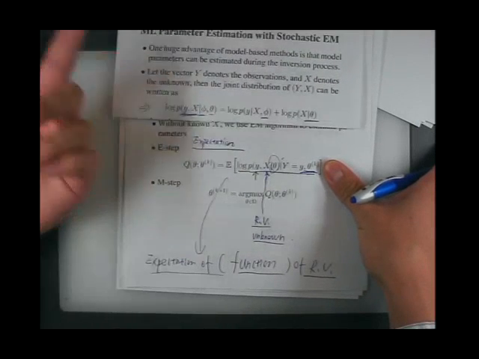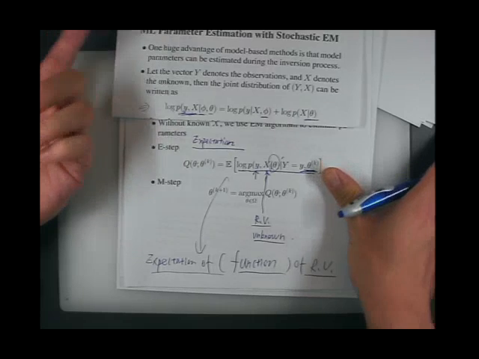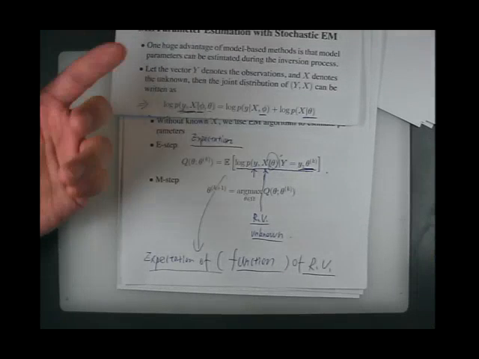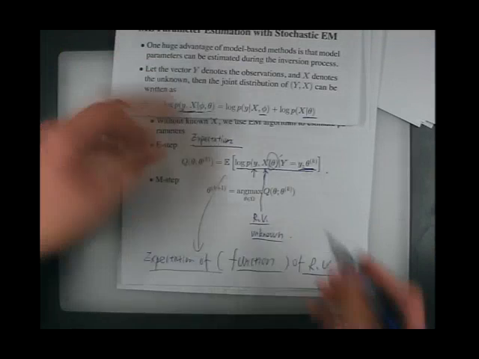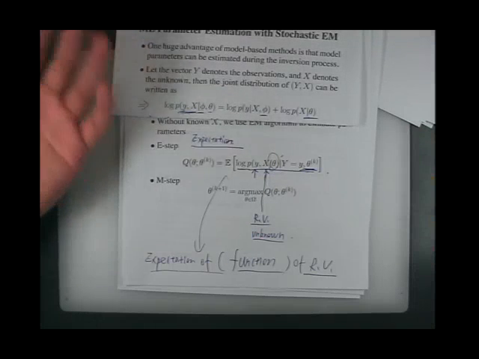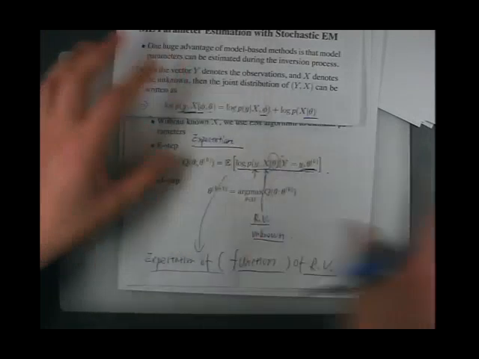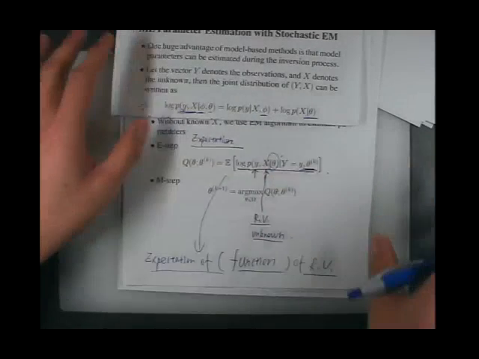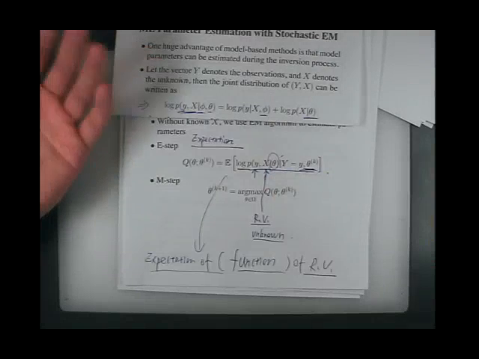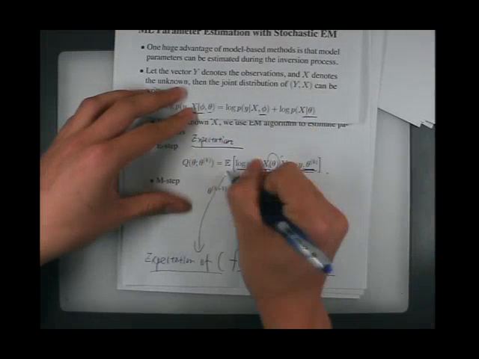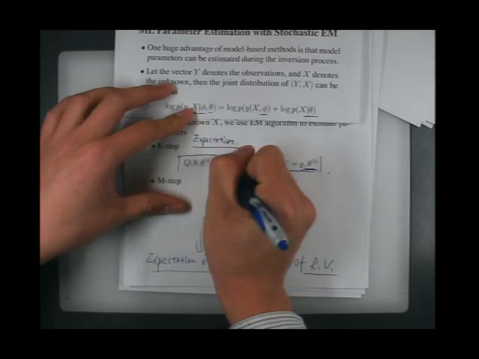We get another function of theta. After calculating the integral over x, we get rid of x. X is unknown, but we get rid of it. We know the distribution of x, and after calculating the integral, x disappeared. So after calculating this expectation, we obtain a function of theta,